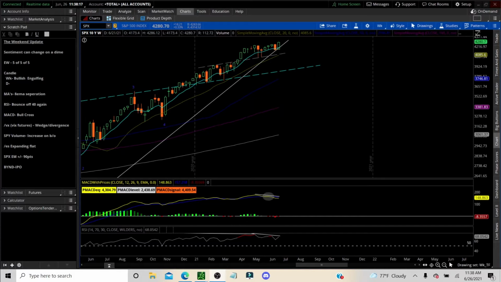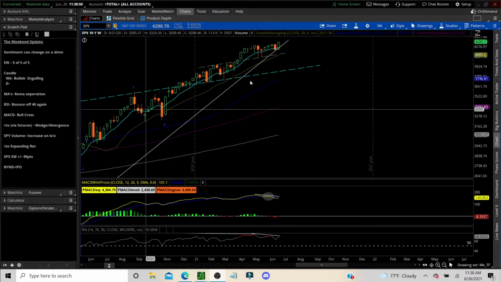We're going to go through quite a bit of information here, and we're going to end off with SPX, really analyzing the indicators, the moving averages, technical analysis, and Elliott waves. And then we'll end off the session with expected move, and then we'll do a little bit of charting on BYND. We entered a trade into BYND and just want to show you why. All right, so let's jump into it.